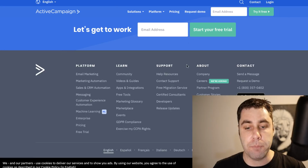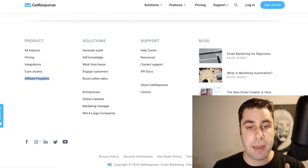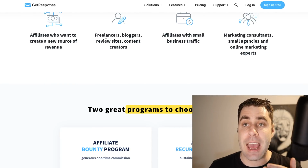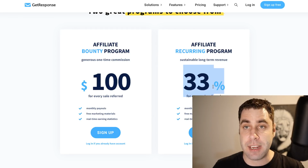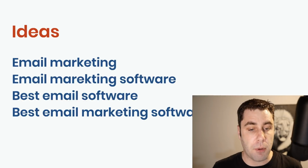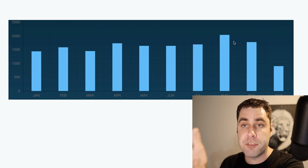We can scroll to the bottom and it says partner program, or on this one, it says affiliate programs. And if I click affiliate programs, it might load up because I'm already logged in. Now, we can get paid a commission for promoting these products. So for example, the one I'm on, 33% per sale per month, as long as those people stay on. I'm making a roundabout $1,500 to $2,000 per month passively from free traffic